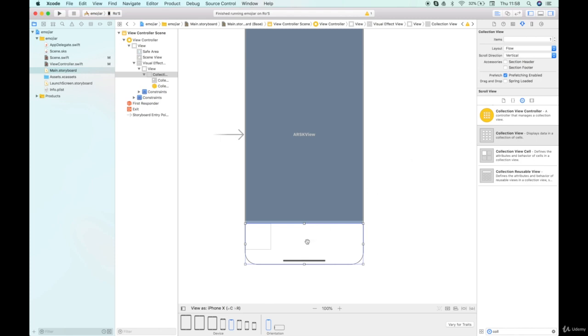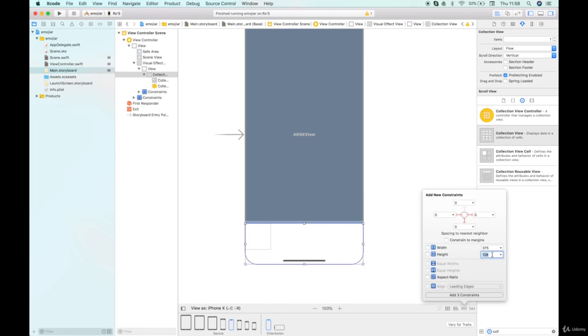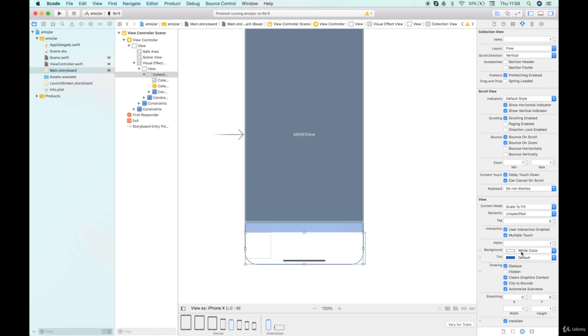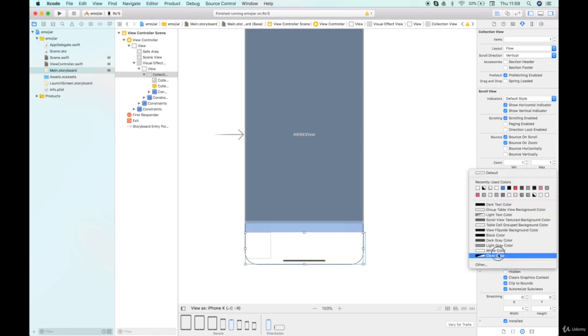That's a problem, and we also don't have some good constraints. So 0, 0, 0, and instead of 128, I'm going to do a 100, so I've got 28 for the button basically. So first we said that white wasn't good, so background clear color,